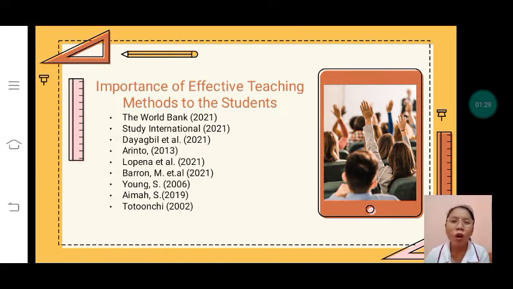There are also studies which have highlighted the teaching methods which the respondents have considered to be effective, such as Baron M. et al., who stated that there is importance in giving the students prompt feedback. Young S and Ima stated almost the same thing because they put the emphasis on communication skills. That is the study of Young. And Ima also stated that there should be an emphasis on delivery skills and instructional materials, and also